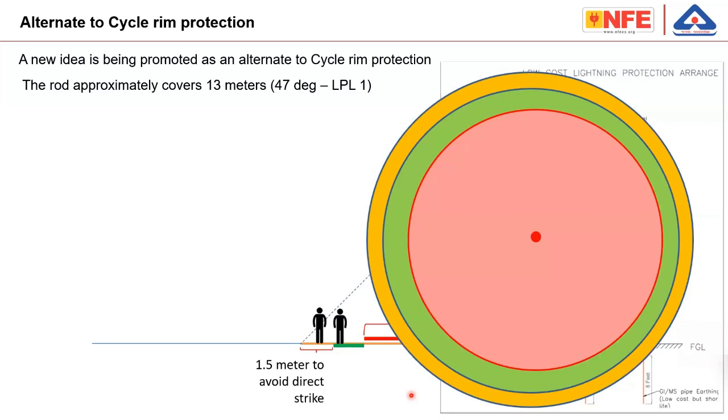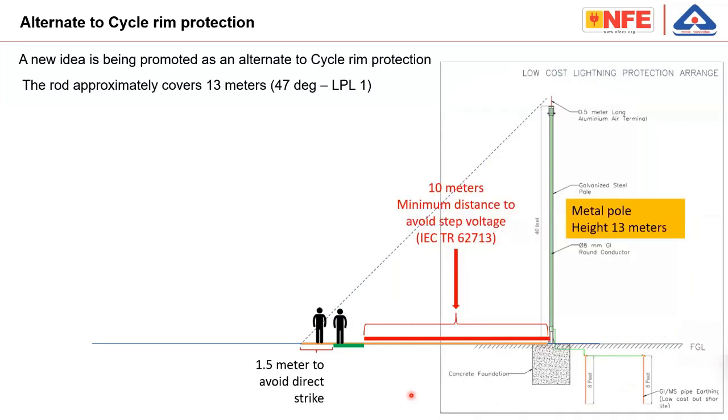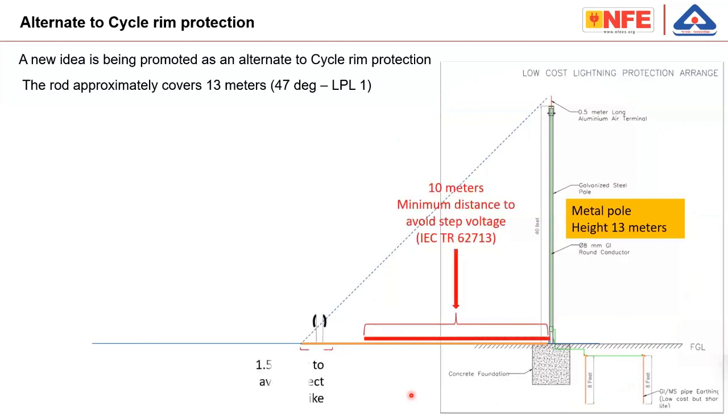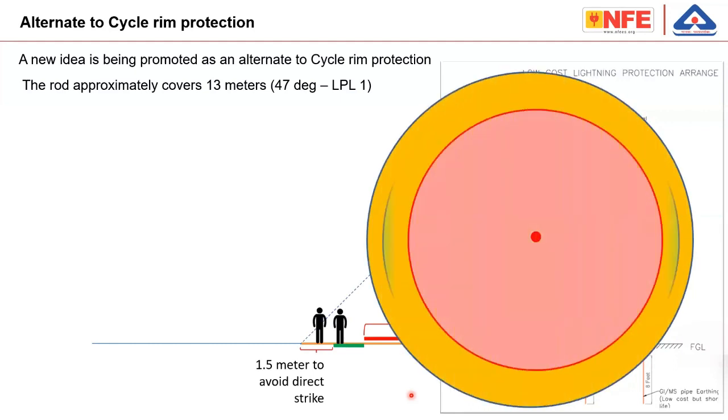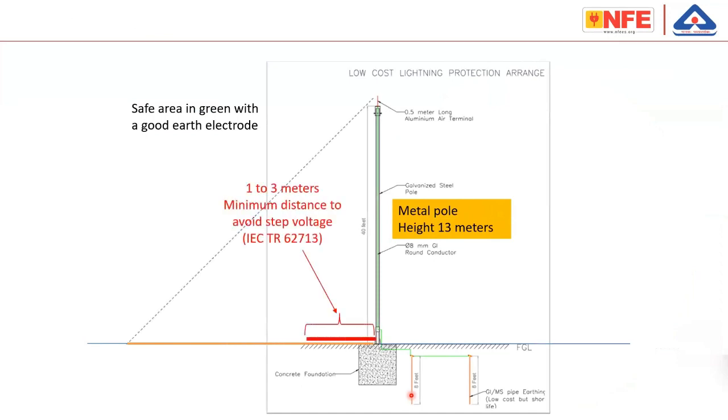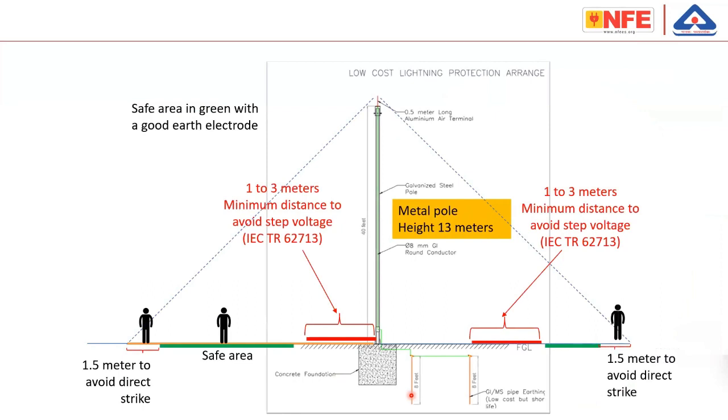This is impossible. So basically, this idea of making a metal pipe and connecting it to two earth electrodes and claiming that this is as per the Indian standard is wrong. Indian standard doesn't talk in this fashion. Even if we think that there is a very good earth electrode and the distance from the pipe is not 10 meters, let us say 1 to 3 meters, even then the actual protected place is quite small. It is not like the entire 45-degree shadow area is protected. So please understand such dangers and educate the people properly so that they are not fooled